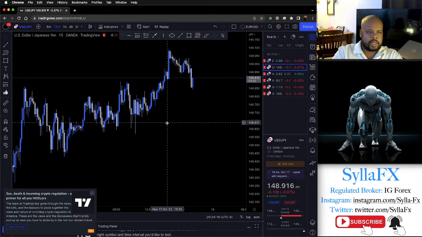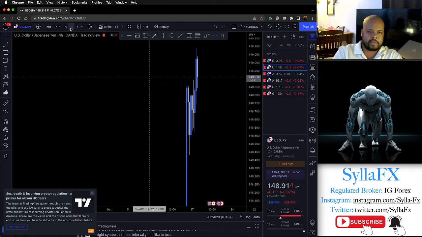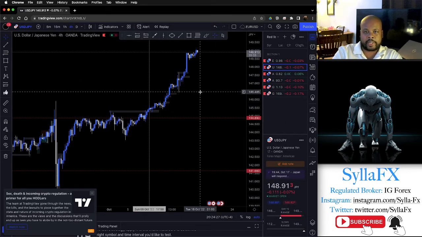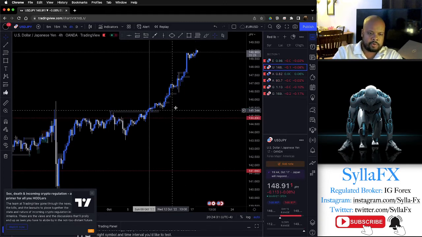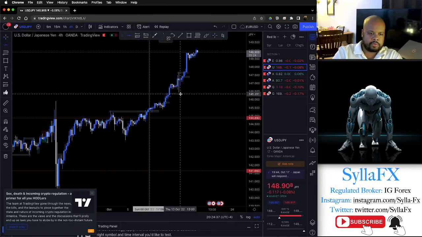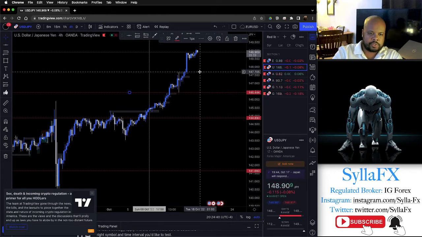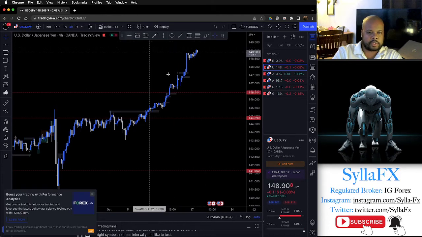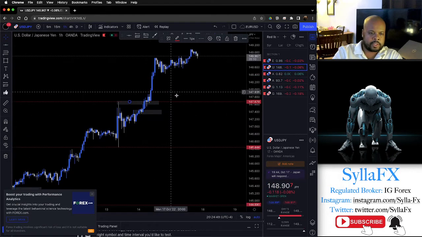So let's see what we had happen here. Just to give a brief view on that, because on none of this do we really have any analysis to share, because we didn't actually take any trades on any other pair this morning. So we've got a major level here on the 4-hour. This could actually be a good major level. Nice rejection there, and another rejection. This is something that I would keep an eye on to see what price does if it does come back into these areas. So let's jump over to the 1 hour, see if there's anything else significant that we could